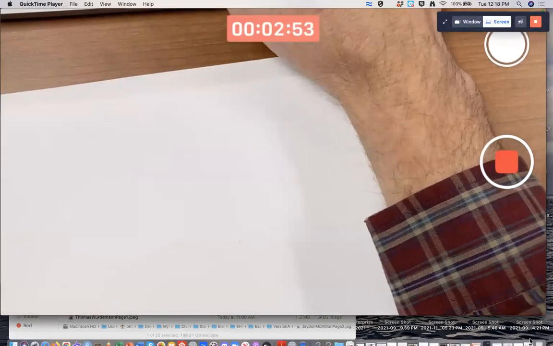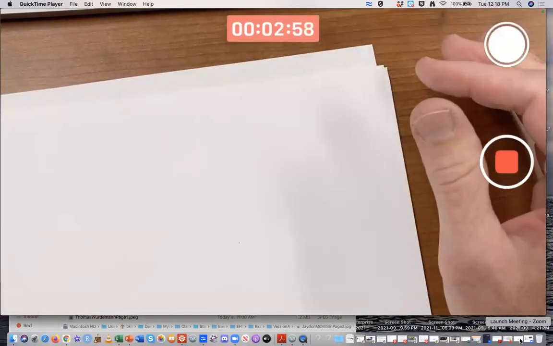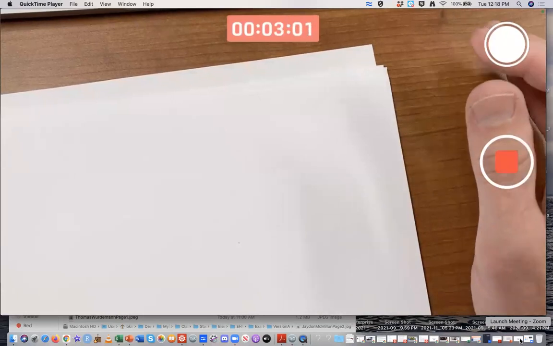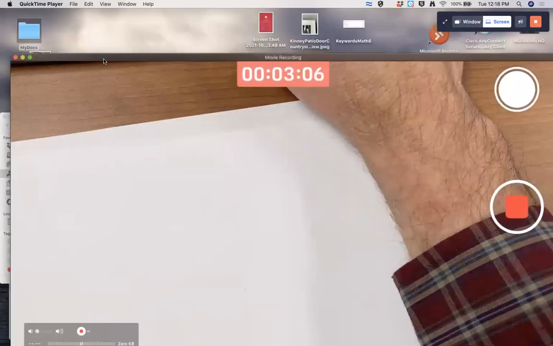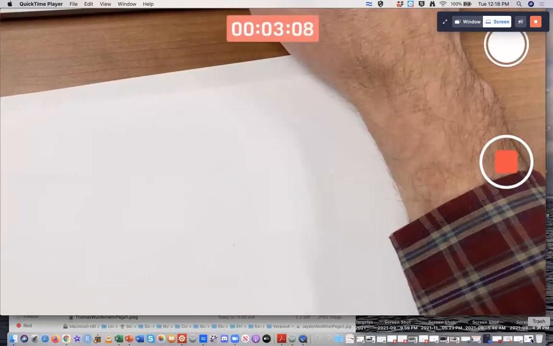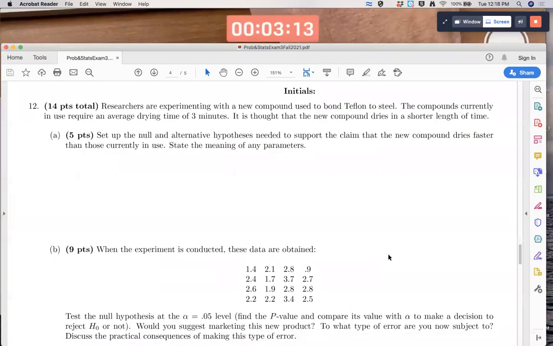And that was to deal with a situation where you're doing hypothesis testing on a mean when the population variance is unknown. Okay, and that did come up on an exam problem. Let's see, right, this problem here about the Teflon steel. You really do need to use a t distribution instead of z.